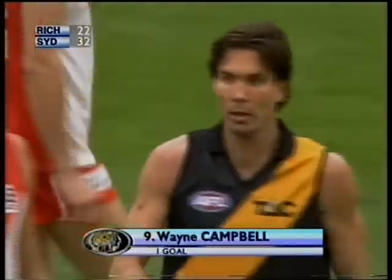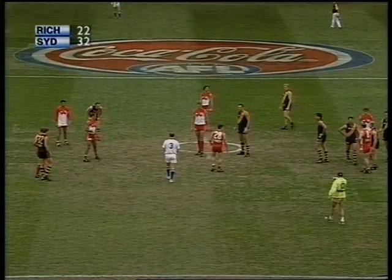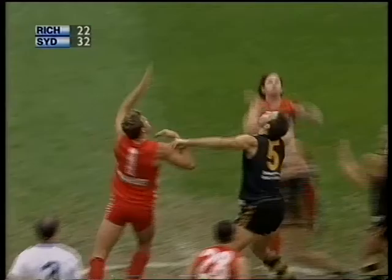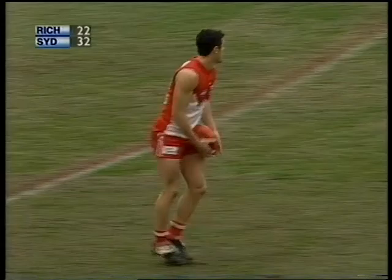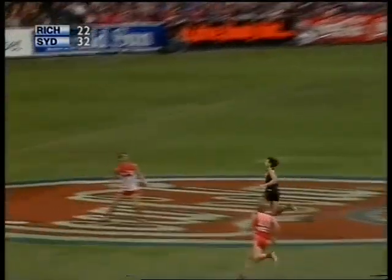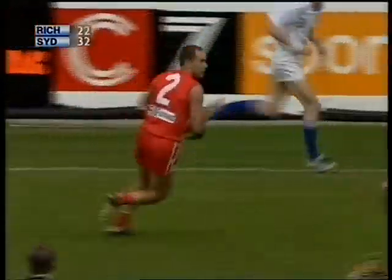Seems like the ball hasn't been inside the Sydney's forward 50 for a bit, well, certainly the last 10 minutes of the second quarter, and yet to go in there this term. Bounce, Lewis over the top, kick forward by Daffy, but only gets as far as Matthews. And Matthews to go to the far side of the ground. Position has been made by Saddington, looked to play on, may have been called to do so. Chaffee with the marker of the